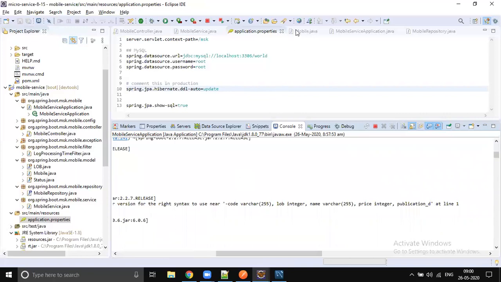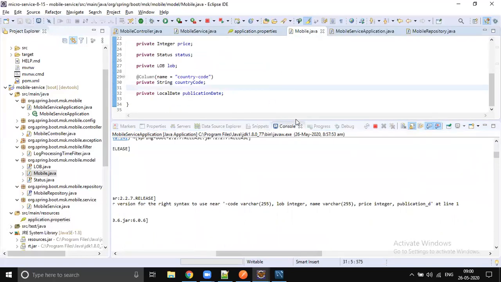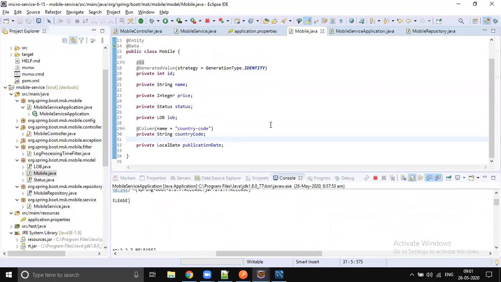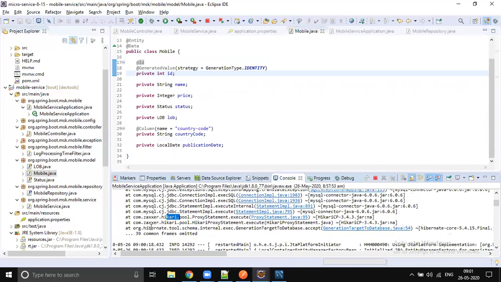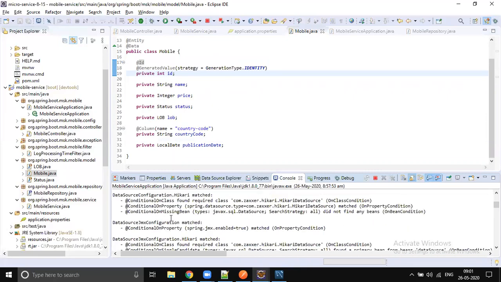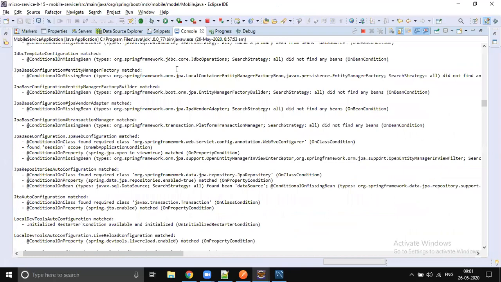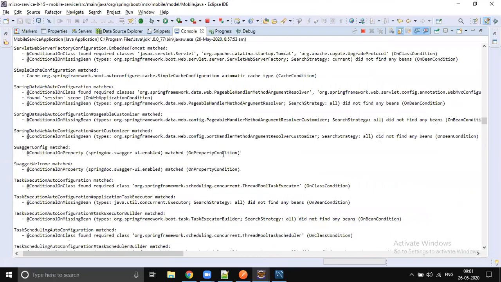So there is some problem with our model class, right? I think we should specify the varchar length with the version I'm using in my MySQL. So it's a version related issue, some problem with the varchar size.